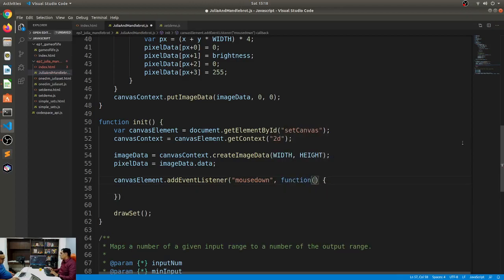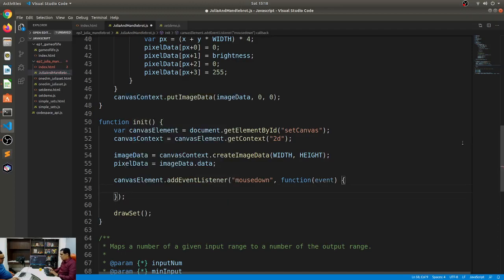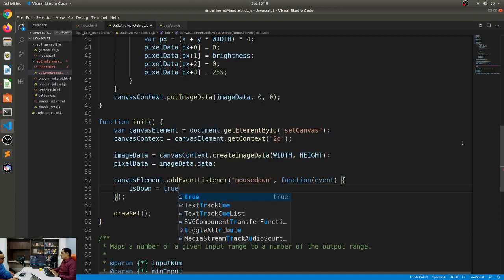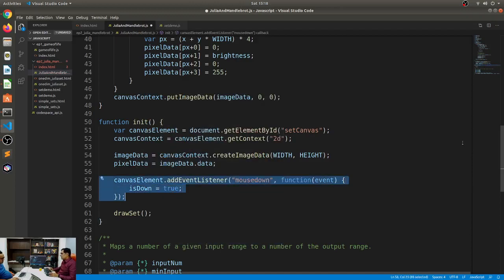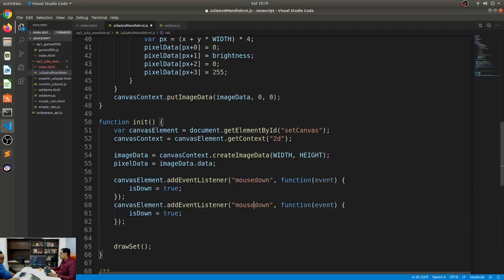So it's mouse down, once again a function. This function will automatically have a parameter called event, and I'm just going to set a flag here: isDown is equal to true. The same thing for mouse up, and isDown is false.